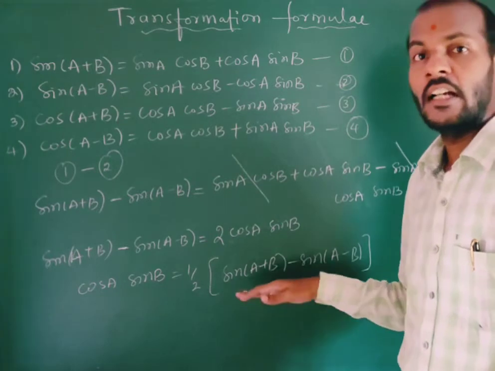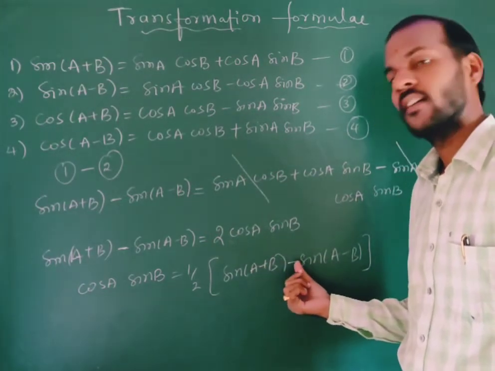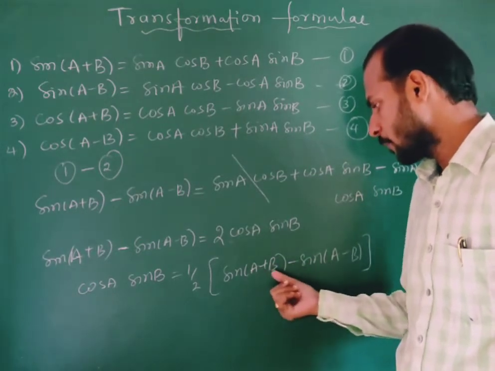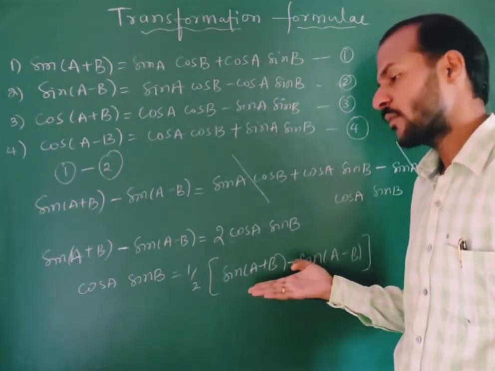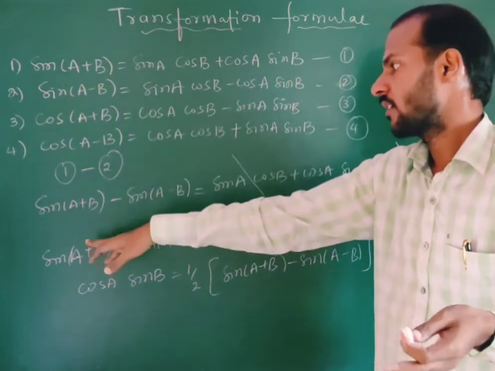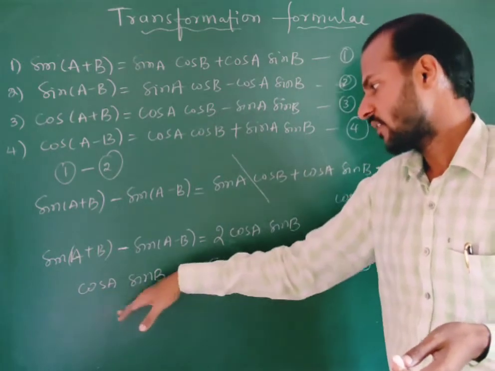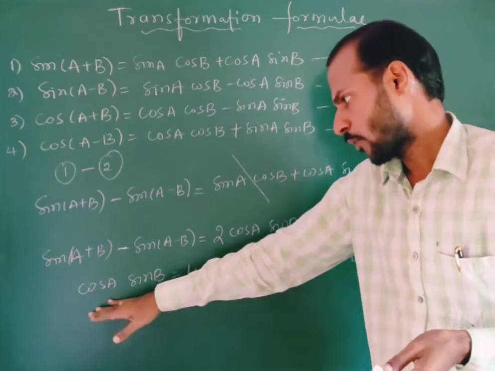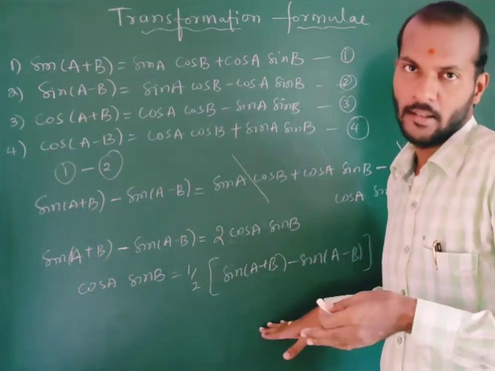Previously what we solved had a sum, right? In the previous one it was sin(A plus B) plus sin(A minus B). But here it is sin(A plus B) minus sin(A minus B), so it is a difference. The previous one, sin A cos B, is nothing but addition. Here cos A sin B is subtraction, that is, a difference, right? Here also it is product to difference. Initially that was product to sum, right?